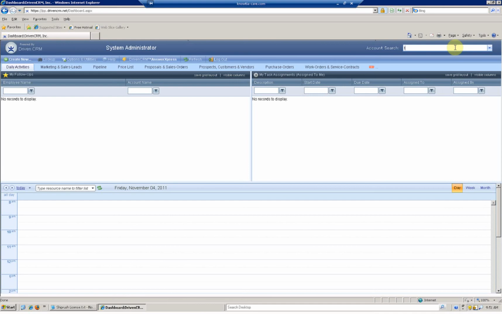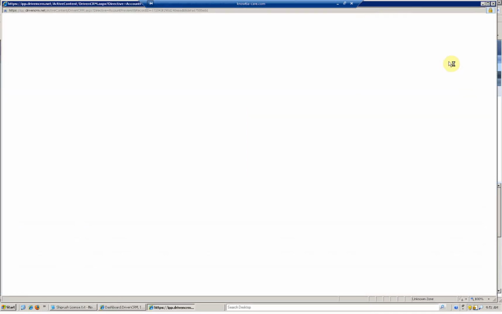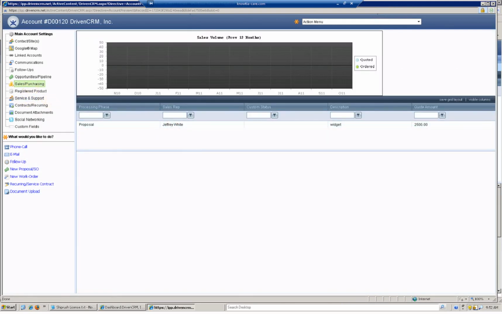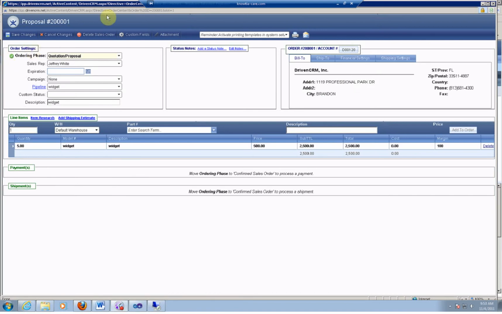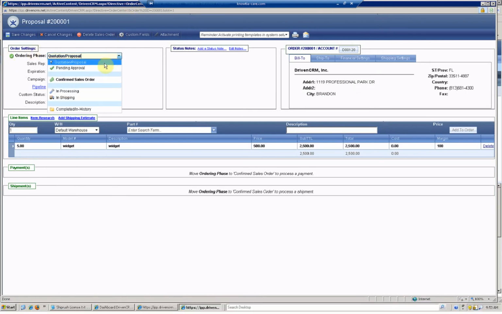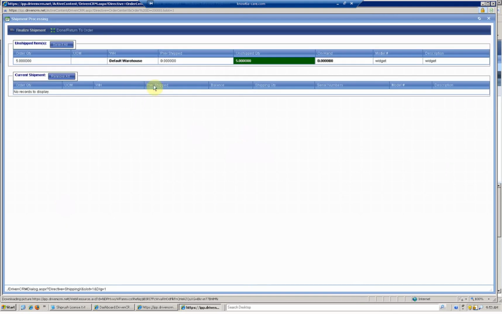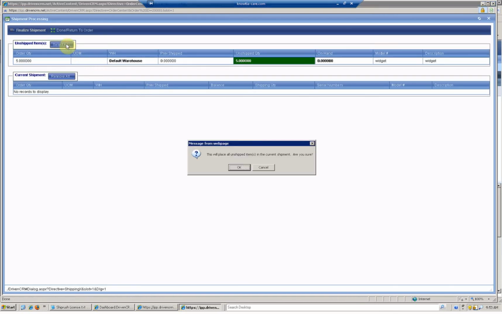Again, if I access an order here in Driven, we'll pull a customer up and find their order. You can only ship items on orders that have been at least set to a sales order status in Driven, so I'll have to change my status to a confirmed sales order, and then I can go through my pack and ship steps. Using the pack and ship items, I can choose to select and ship all items on this order,